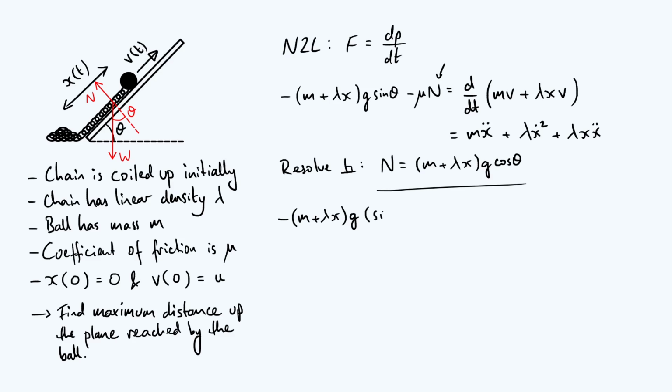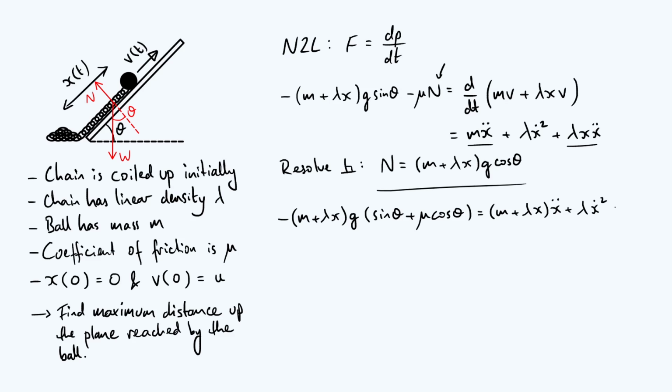Then you've got your sine theta from that original first term. Now you're going to have to add on a mu cos theta from that expression for the normal contact force. And for the right hand side, I'm just going to combine two of the terms together, which is the m x double dot and the lambda x double dot. We're going to factor out m plus lambda x into x double dot, and then keep our lambda x dot